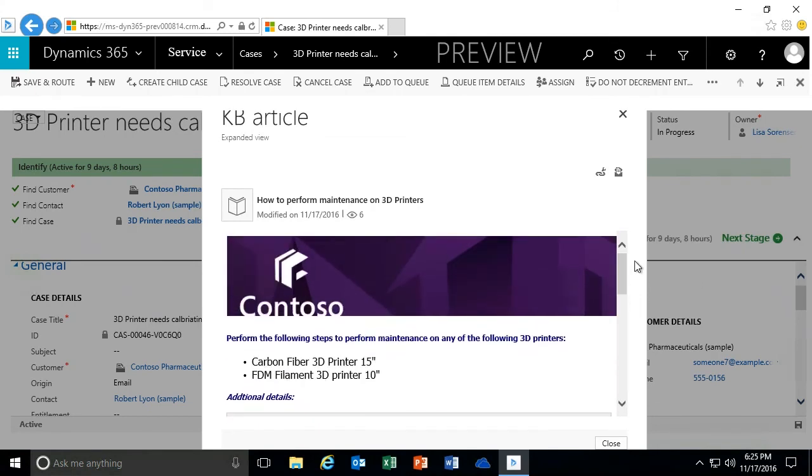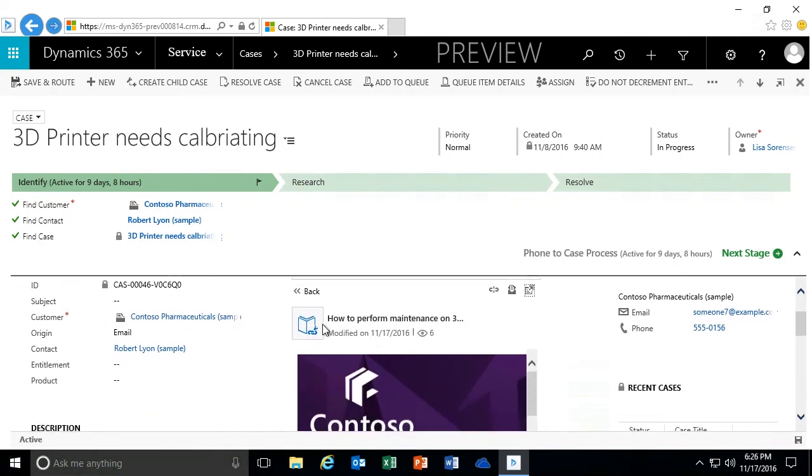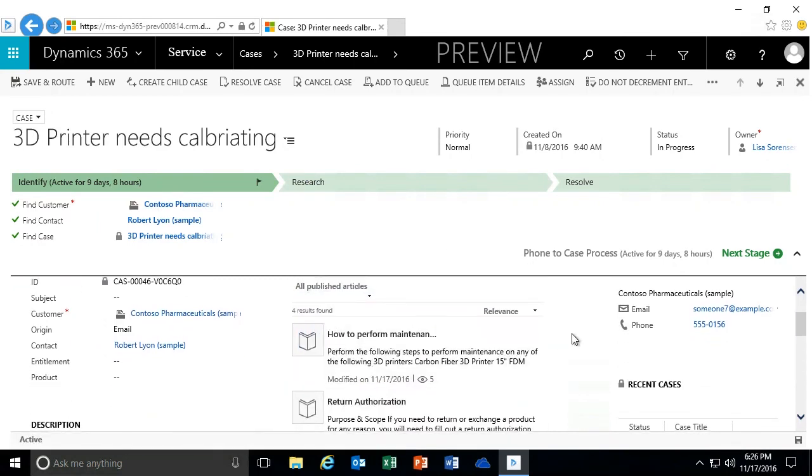Now, the other thing we can also do is right from here, there are two icons. One is the ability just to link this article to the current case. Because again, the advantage of being able to link it is I can now quickly refer back to that article anytime when I'm within the case form. So if I click on the link to this particular case, you'll now see that my icon changes. Not only does my icon change to show me that this article is currently linked,